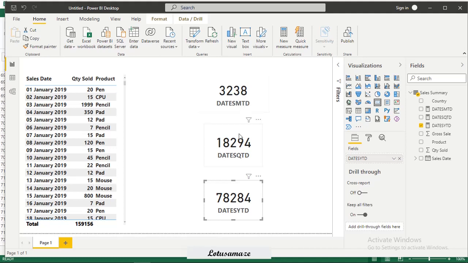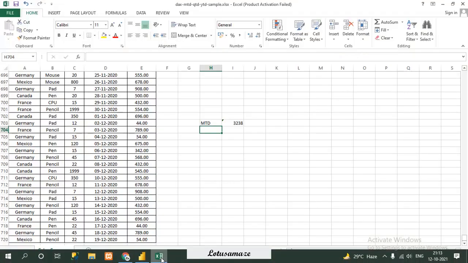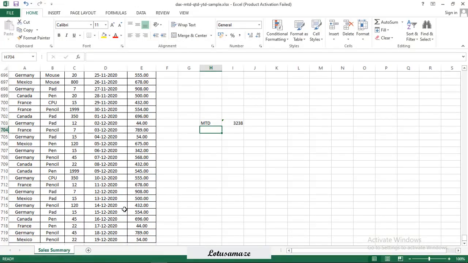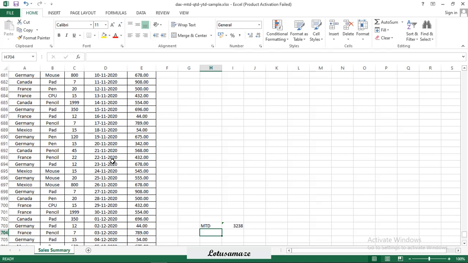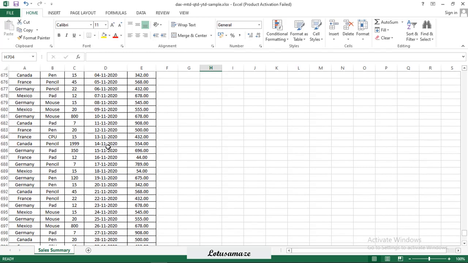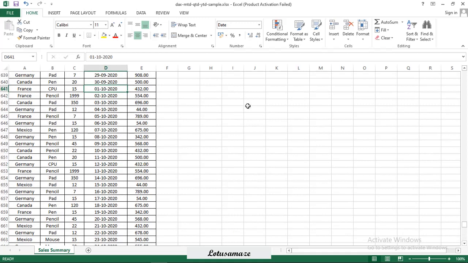Now we verify the quarter, DATESQTD. In the quarter, the current month is December, then November and October. So that is the latest and last visible quarter. So from 1st October up to the last visible date in this quarter.